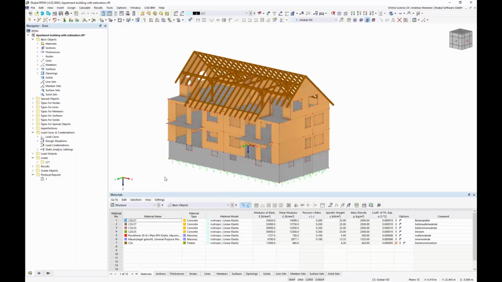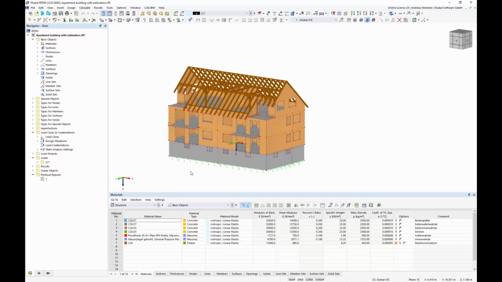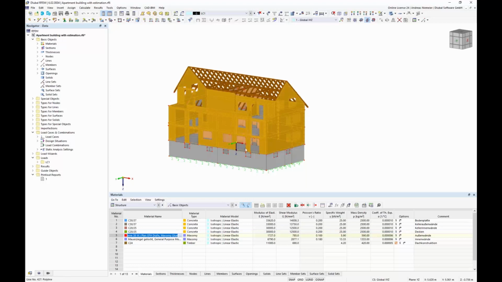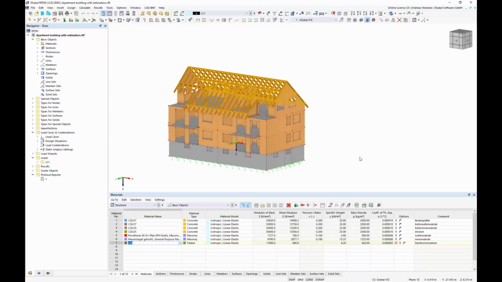So here I have, let's say, a typical 3D model from our users, where we have some organization below, where you see he organized maybe the slab, the outer basement walls, the inner basement walls, the outer slabs, the outer clay brick walls, the inner clay brick walls, and the roof construction. And if you need it now for an optimization task or only for emissions or estimations, you can use